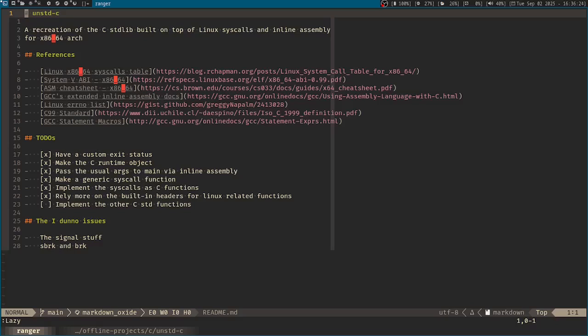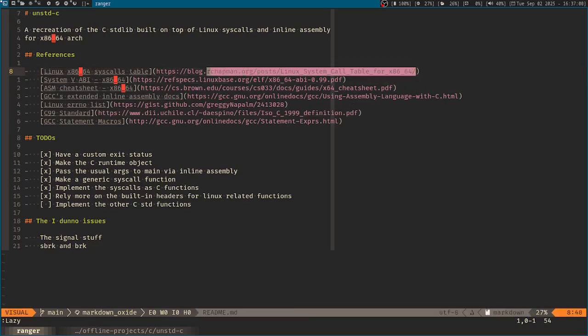And in this day's video of unstd-c, well, I'm gonna be finishing the syscalls since I can't really make the C standard without it. Though I'm not really sure if my goal anymore is to recreate the C standard in this project, or maybe we'll just wing it. But when I implement the syscalls, I'll probably just make it a time lapse or something. So let us start